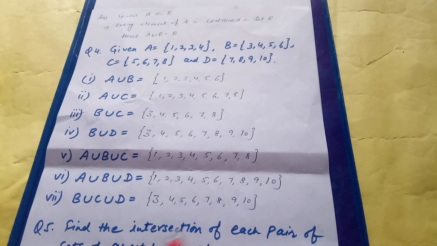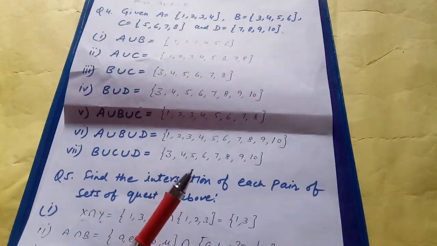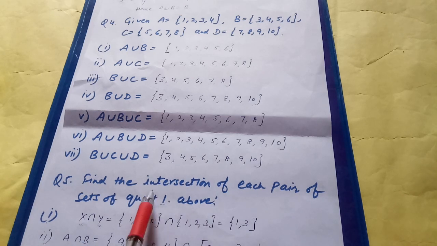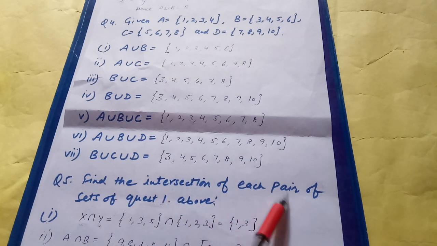In next question number 5, find the intersection of each pair of sets of question number 1 above. मीन्स आपको फर्स्ट क्वेश्चन में जहाँ यूनियन निकाली थी आपने फर्स्ट क्वेश्चन में, वहीं आपको इंटरसेक्शन फाइंड करनी है हर पार्ट की. देयर आर 5 पार्ट्स, और 5 पार्ट्स की आपको इंटरसेक्शन फाइंड करनी है. इन फर्स्ट पार्ट x intersection y, because x and y set are given. In first part you have taken x union y, but here you have to take x intersection y.